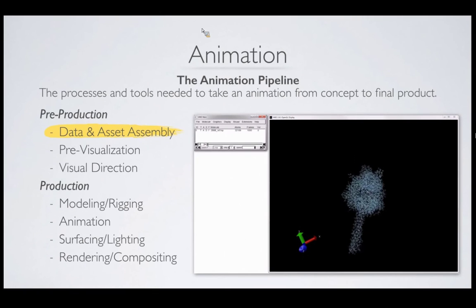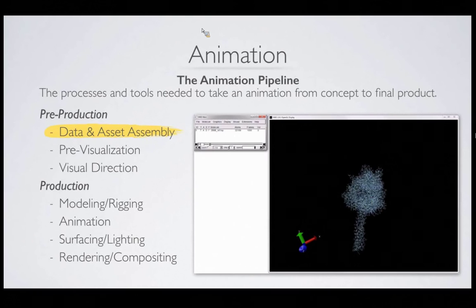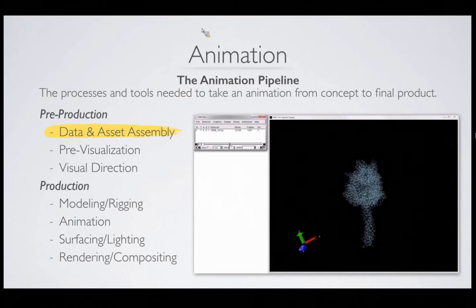I also wanted to just play this. This is VMD, a molecular dynamics and PDB visualization tool, and this is playing through some of the dynamics simulation that we've worked with. But as you can see, this molecule is floating around. It's not really anchored to anything. That's representative of one of the little challenges that we deal with as we work on a project like this, and I'll talk a little bit more about that in a second.